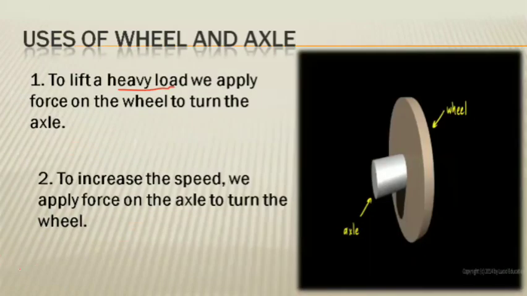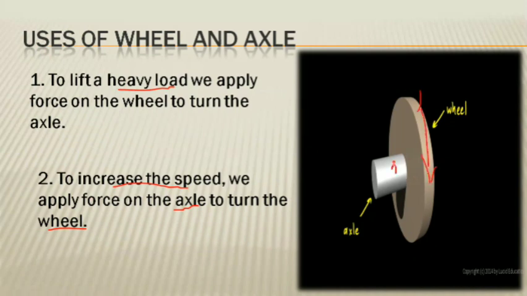The next use is to increase the speed. We also increase the speed by using wheel and axle. We apply force on the axle to turn the wheel. Then there is a difference. First of all, when we have to lift a heavy load, we apply force on the wheel. We rotate this one,